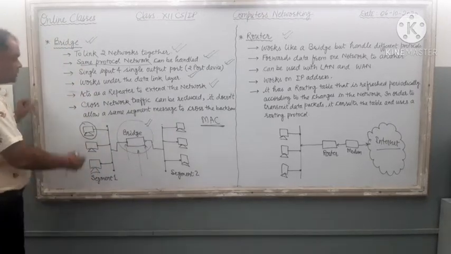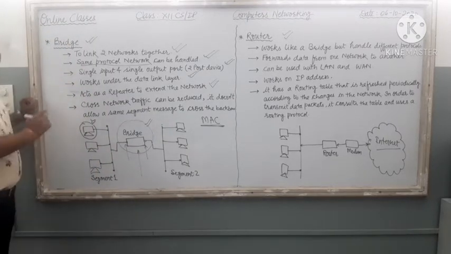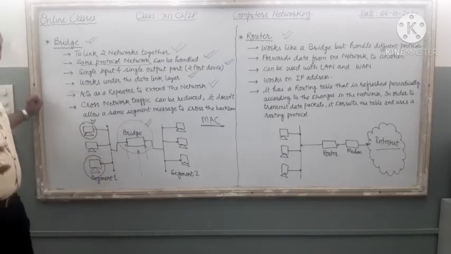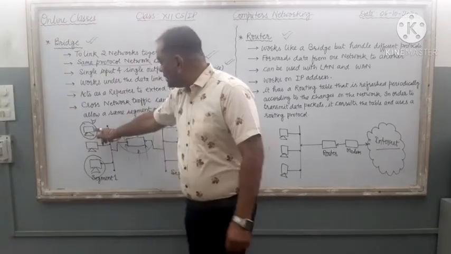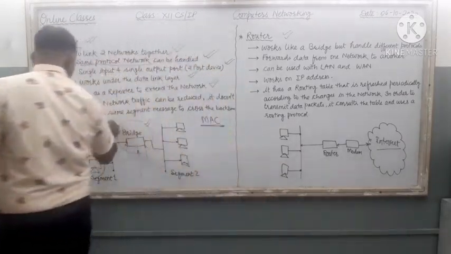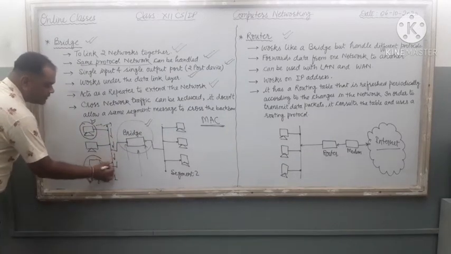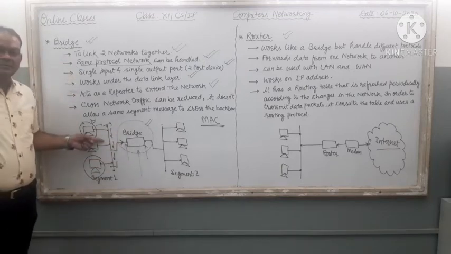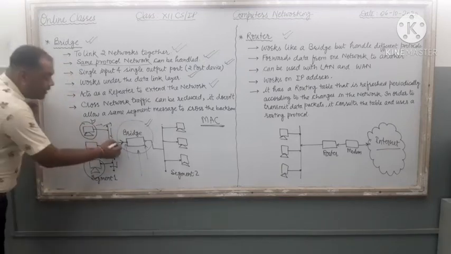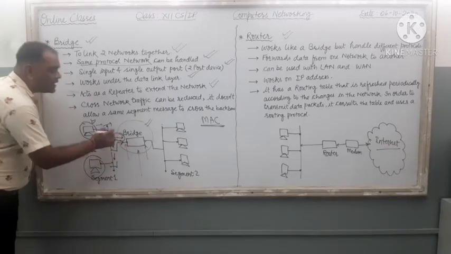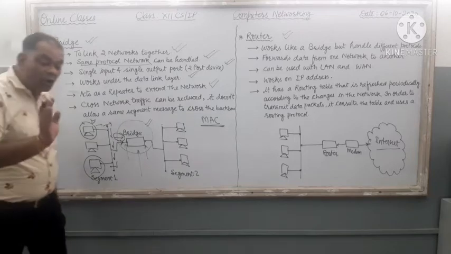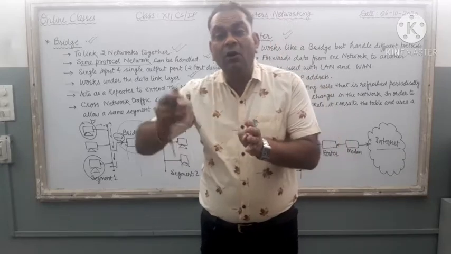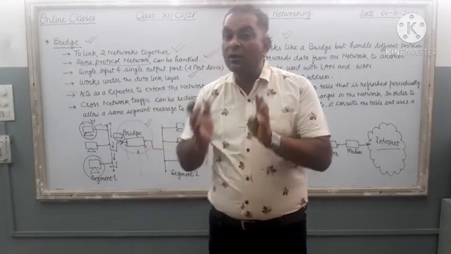Now what will happen? Suppose this computer of the senior computer lab wants to send something to that PC, the PC that is also in the same segment. So the message travels like this. Now the message approaches the bridge also because the wires are connected. Right? All the wires are connected. Once the message is received at the bridge side, the bridge knows which particular computer is connected on which segment. Right? It works on MAC address.